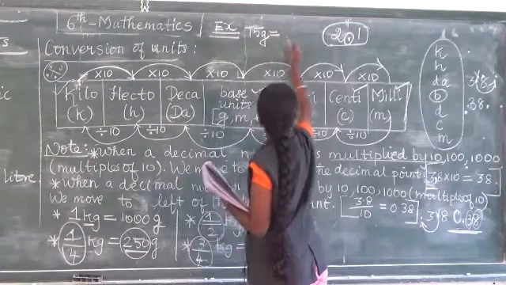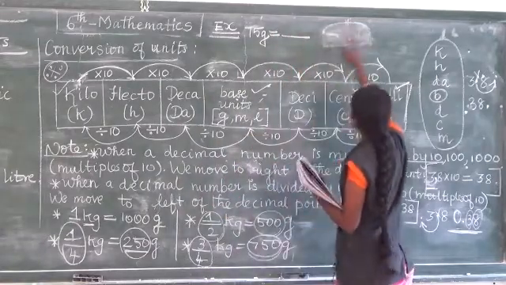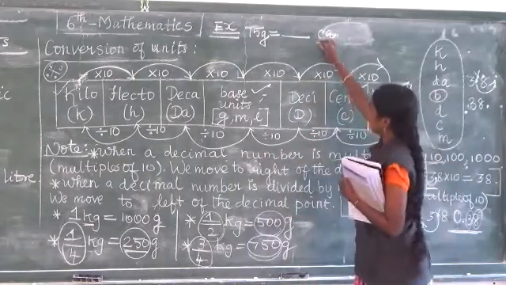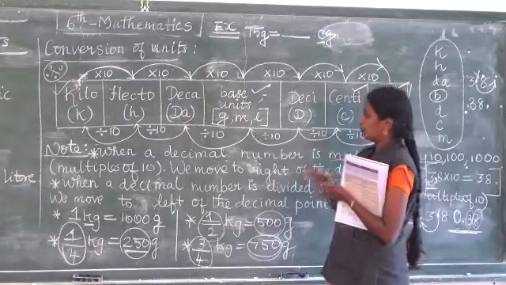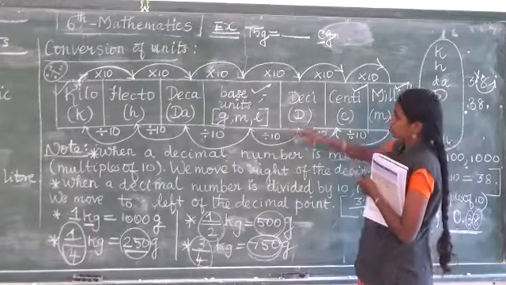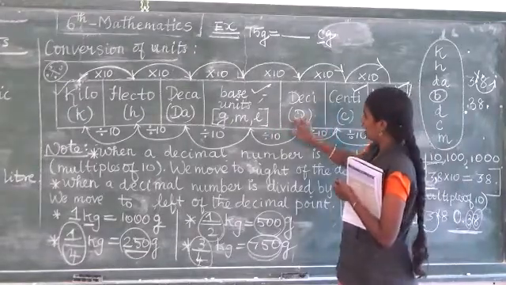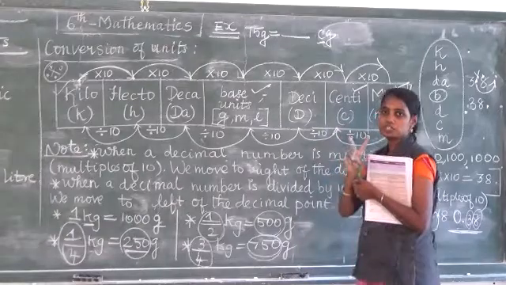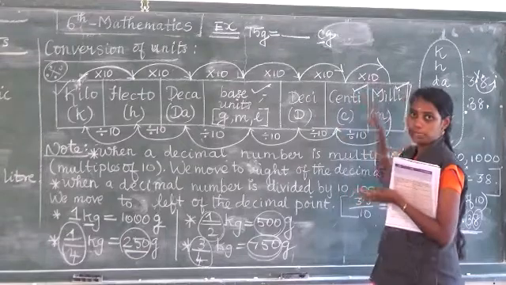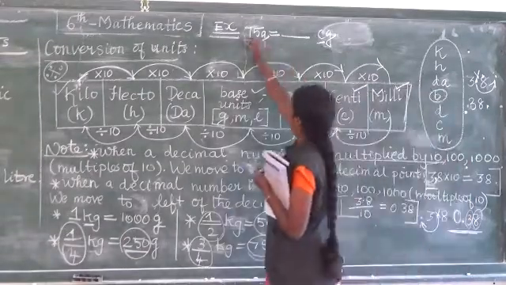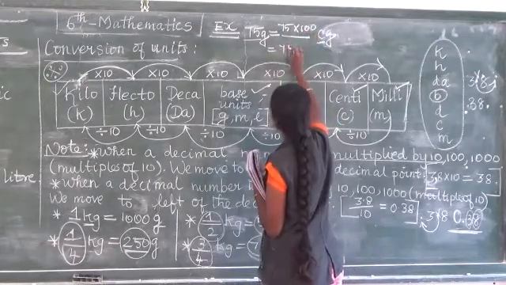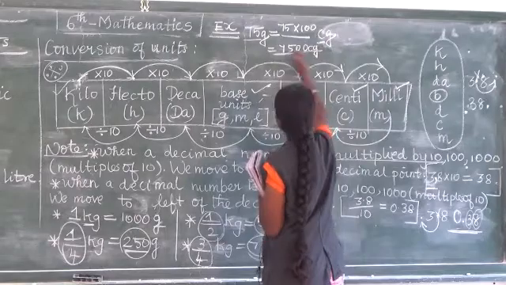Okay, for example, let me teach only one problem. 75 gram, convert into centigram. C means centi. Yes or no, my dear? Okay, now where is the gram? Here. Gram to centigram. So how many steps is it moving? 1, 2. Two steps means two zeros. It is going from up to down, so it is a multiple of 100. So 75 into 100 multiply, 7,500 centigram is the answer.